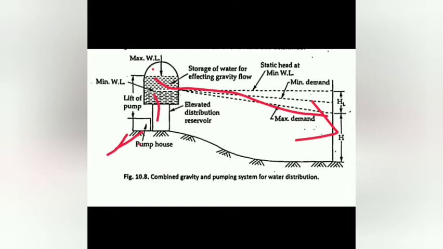The pumps are worked at a constant rate which is adjusted in such a way that the excess quantity of the water stored in the reservoir during the low consumption nearly equals the extra demand during the high consumption. So this system helps in operating the pumps at a constant speed at their rated capacities, thus increasing their efficiency and reducing the wear and tear. This is the advantage with this kind of system.